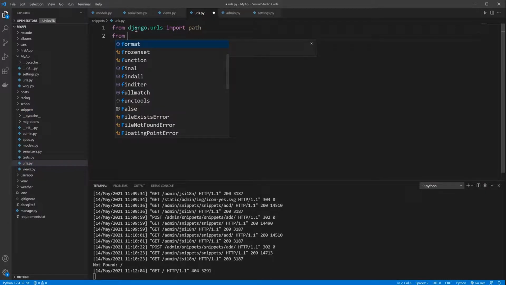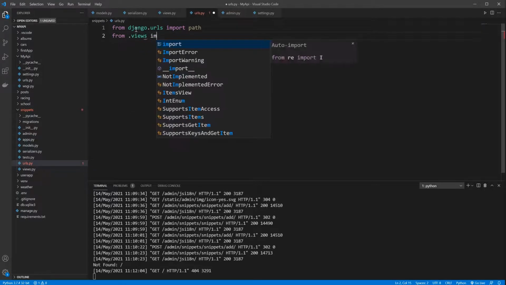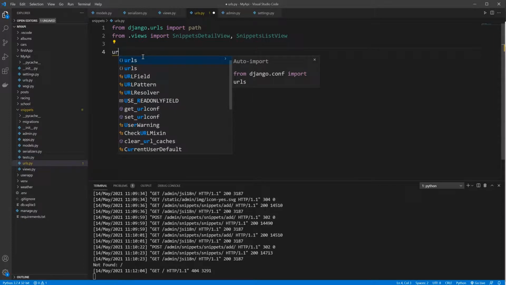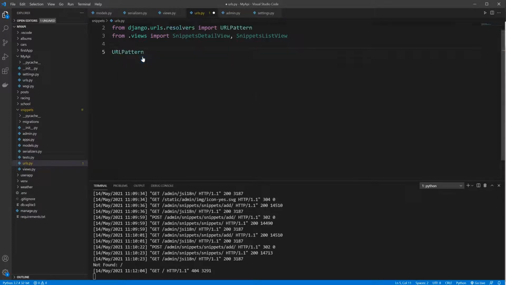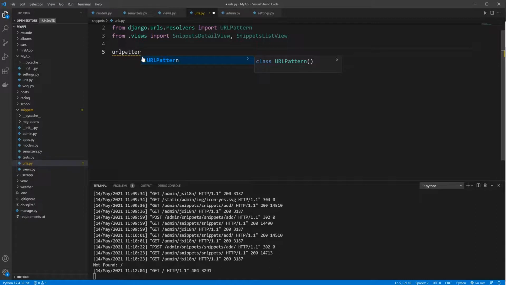So from .views import SnippetDetailView and SnippetListView. After that we can add the urlpatterns. So we type urlpatterns